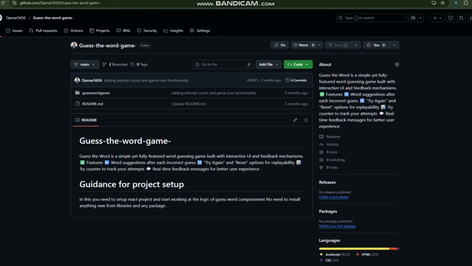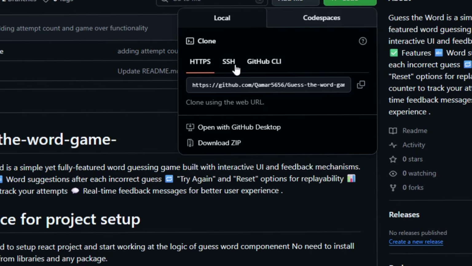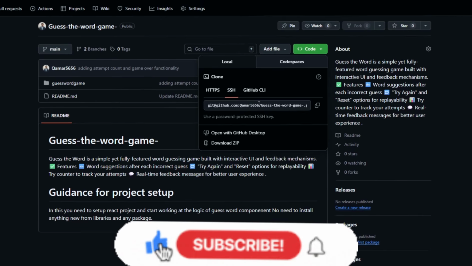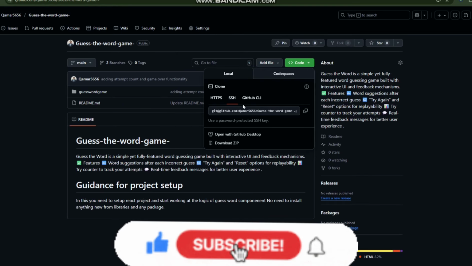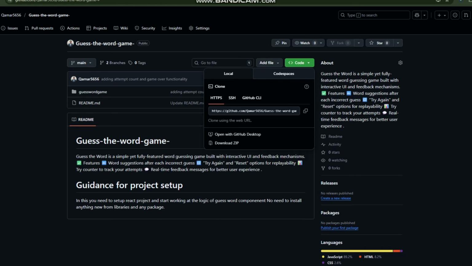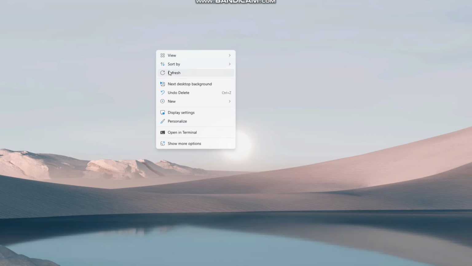Now, as I have all three things which I talked about earlier, I moved to the GitHub repository which I want to clone to my PC. Here you have to visit this Code button, where my cursor is moving, and copy the HTTPS code, or the SSH command if your repo is private, not public. In my case, my repo is public, so I am copying this HTTPS code, and creating a new folder here